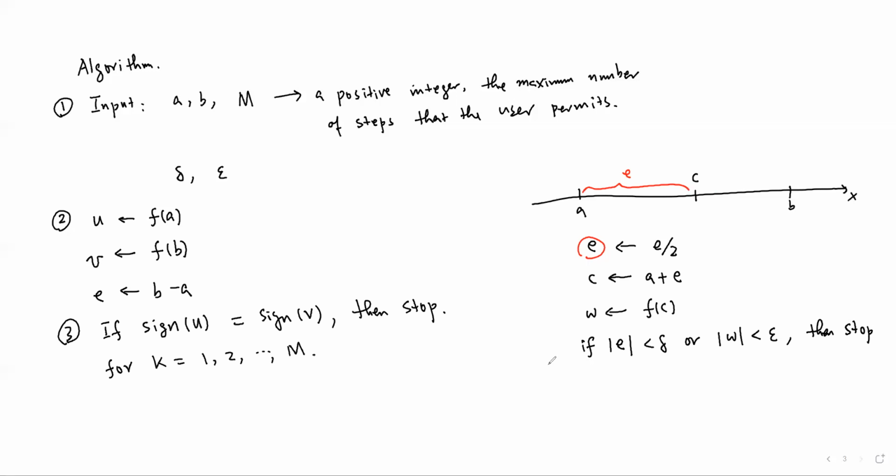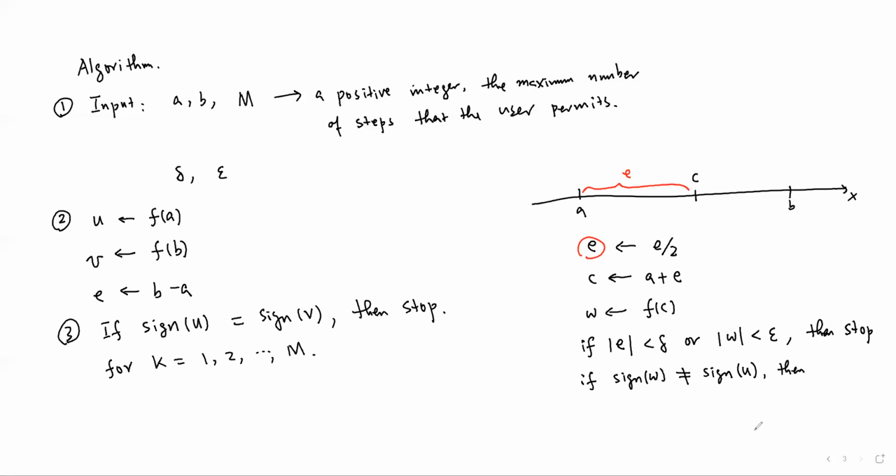Otherwise, check the sign of W. W is the function value at C. Compare the sign of W with the sign of the function value at point A. The function value at point A is U. Compare the sign of U. If the signs are different,